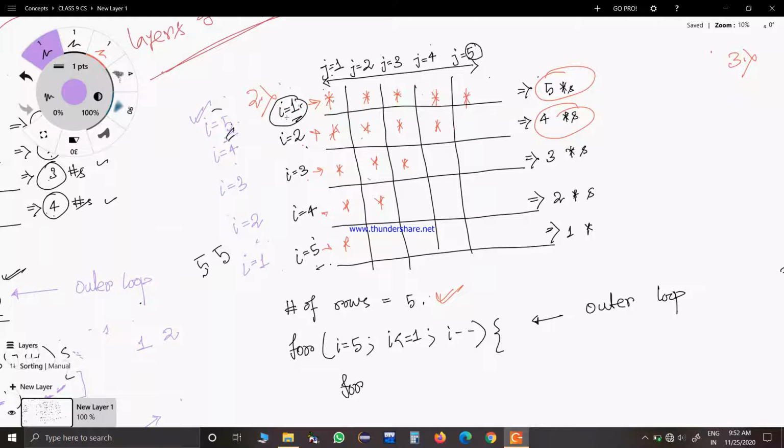Basically, this I should determine the number of elements that will be there in each row. So if you start this way, you now discard this I starting from 1 to 5, and you consider that I will start from 5 and go to 1. In that case, I have a more direct relationship between my value of I and the number of elements in each row.